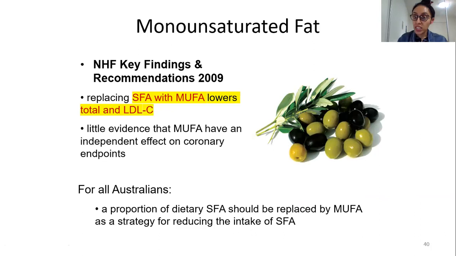Okay, so now you have your monounsaturated fats. With monounsaturated fats, as we saw in the earlier slide, the Heart Foundation has recommended that saturated fat should be replaced with, say, monounsaturated fats, okay, which will help you to lower your cholesterol, so your total cholesterol and your LDL cholesterol. All right, so yes, basically the independent effect of monounsaturated fat is not as well established, but we have seen MUFAs are a big part of the Mediterranean diet, and the Mediterranean diet holistically has shown wonderful effects on cardiac health.